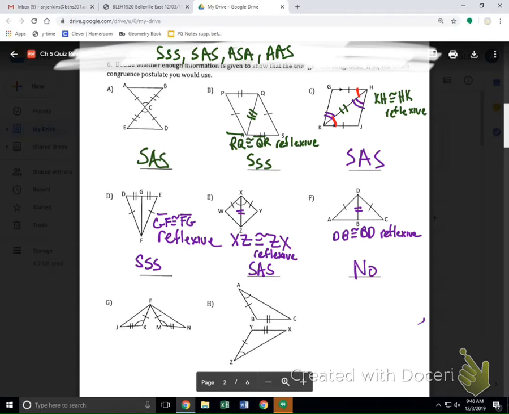You're close. Yep, side, angle, side. So we have two sides and an angle, so it's going to have to be side, angle, side, because that angle is split right between those two sides. And then here we have